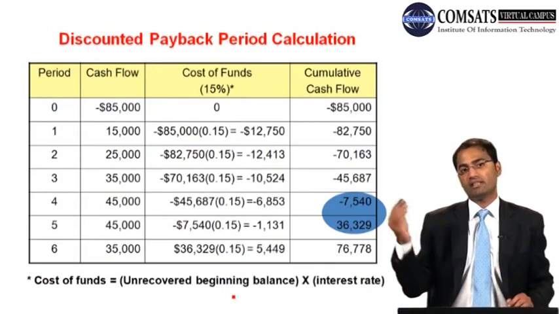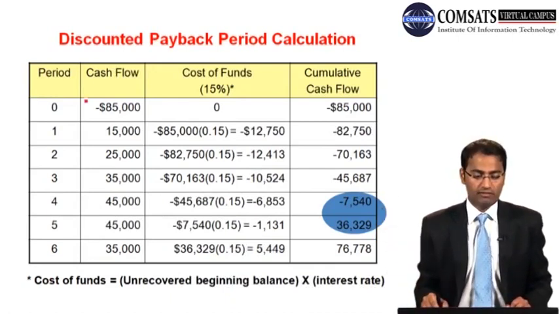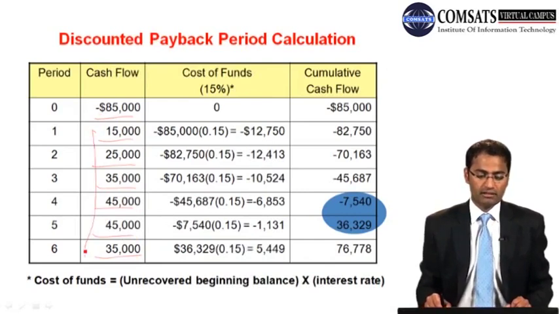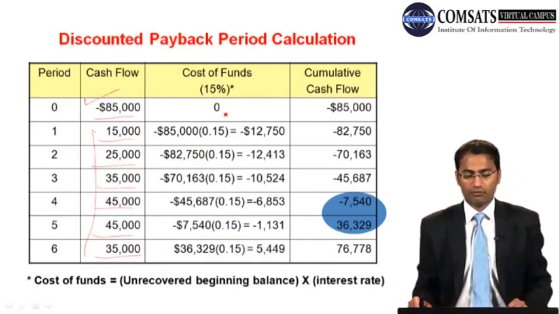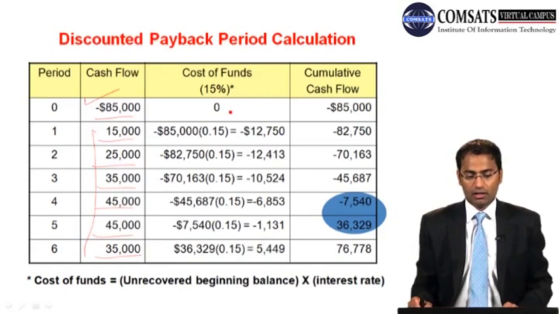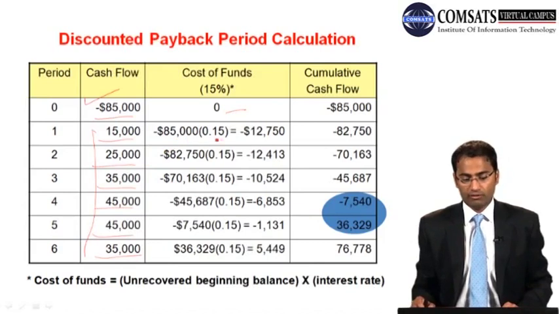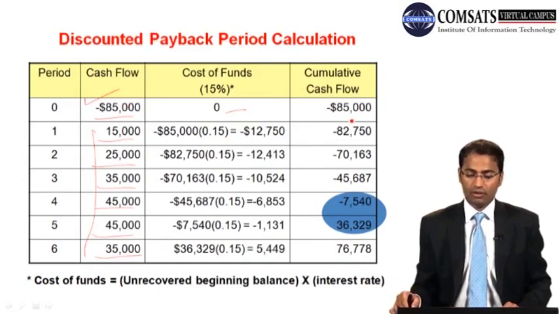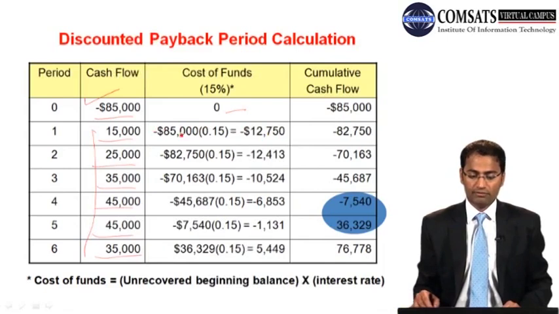So let's say we have the same example of cash flows: minus 85,000, then 15,000, 25, 35, 45, 45, and 35,000. These are inflows and this is the outflow. Cost of funds is 15% interest rate. Then we have 0 for the first year, and then 85,000 times 0.15 is 12,750. So cumulative is 85,000 plus 0, 85, and then we have minus 85 plus 15 minus 12,